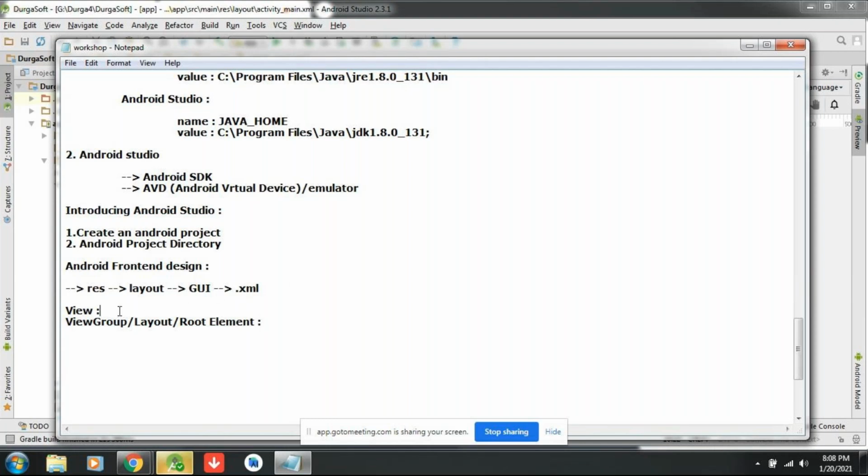So what is a view first? Basically, this view, in terms of front end, is nothing but any component or element used to place in XML from the palette window.